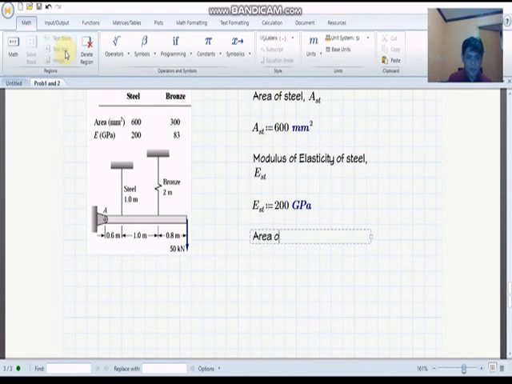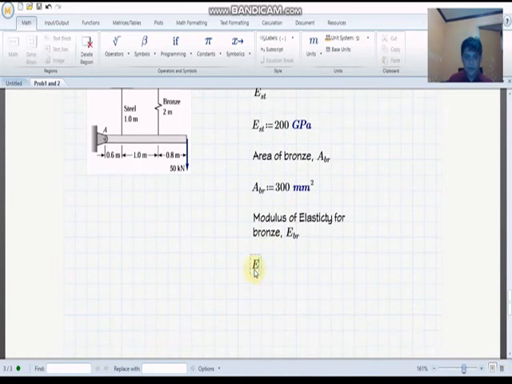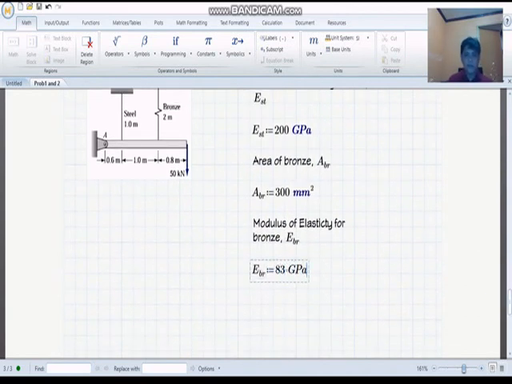Let's say area of bronze, let's represent that by A sub BR, and our area of bronze is given to be 300 mm squared, while the modulus of elasticity for bronze, let's call that E sub BR, is equivalent to 83 gigapascal. Okay,